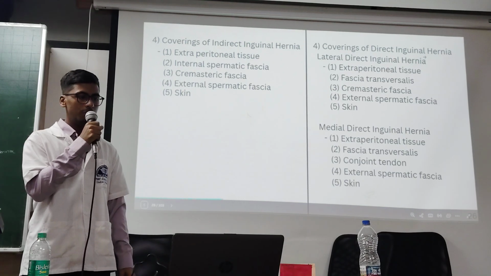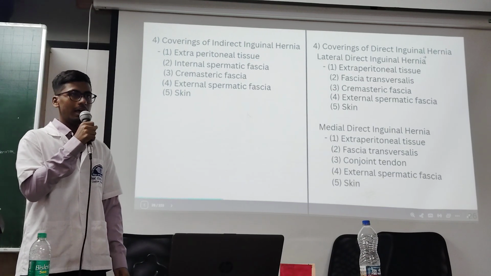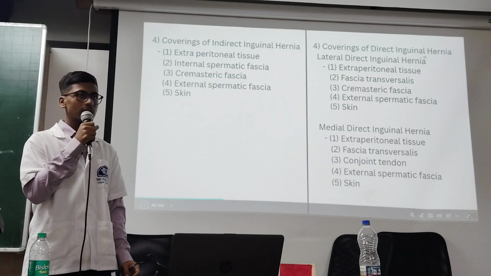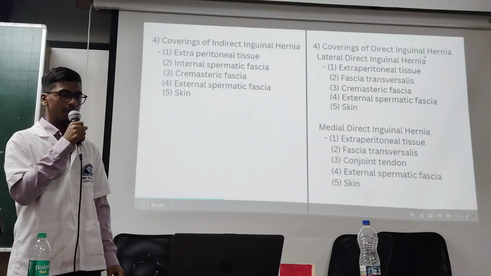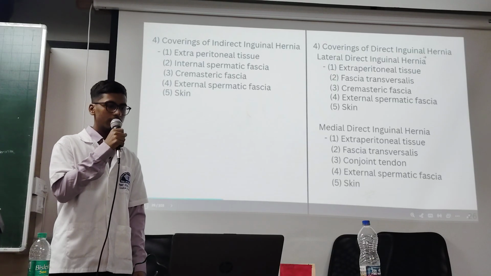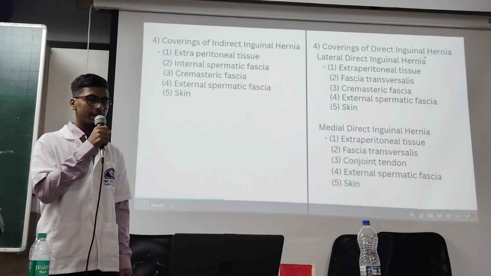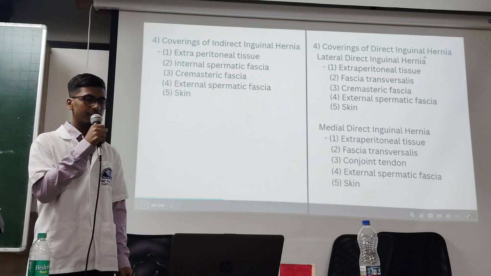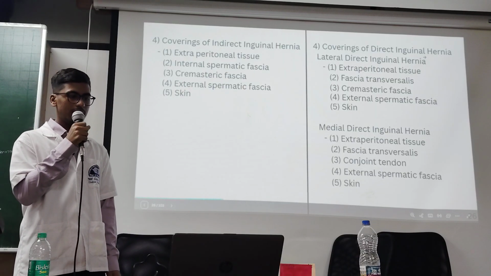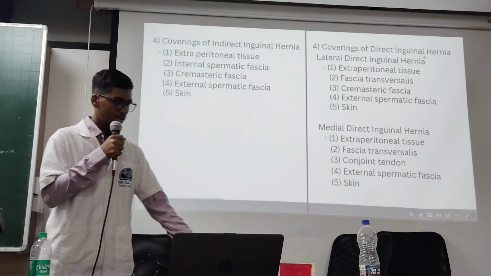Last, the fourth point: coverings of the hernia. As discussed before, the hernia has three parts: contents, sac, and coverings. The coverings of the indirect inguinal hernia are extraperitoneal tissue, internal spermatic fascia, cremasteric fascia, external spermatic fascia, and skin. The coverings of the direct inguinal hernia, the lateral direct inguinal hernia, are